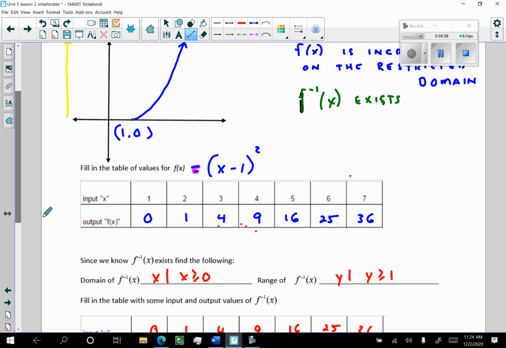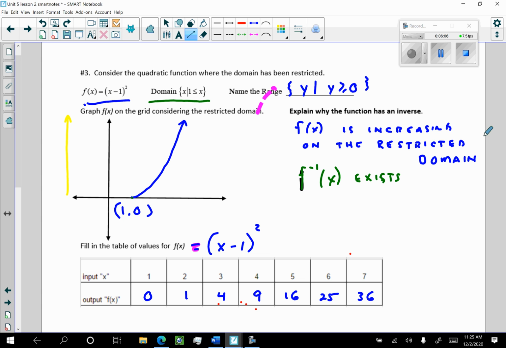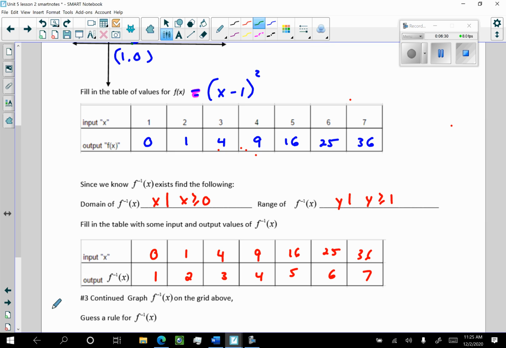Okay, we know it exists. The inverse of this function exists. We know the inverse exists because f of x is increasing on this restricted domain. So I know, ladies and gentlemen, that this bad boy does exist. This guy does exist. Well, and the other thing I know here is that the range becomes the domain and the domain becomes the range. Well, then what is